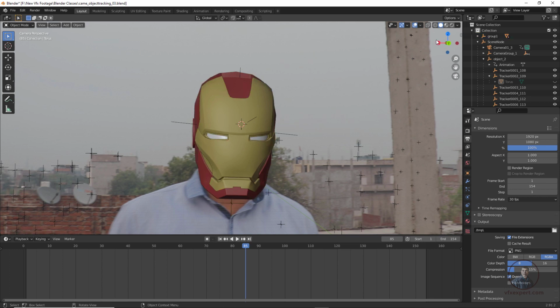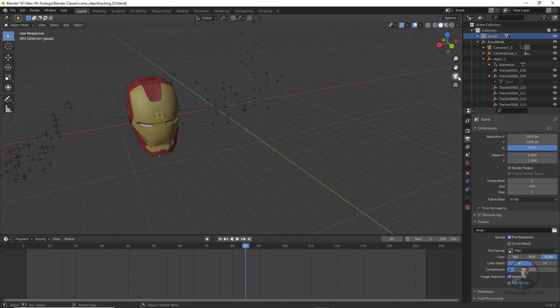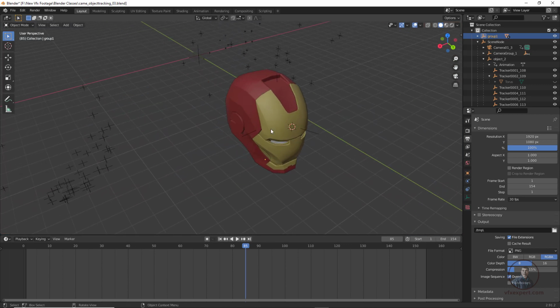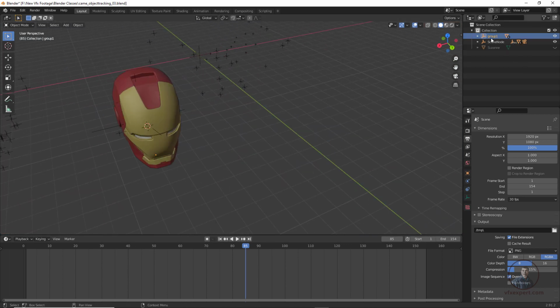Now remember this one: we have to connect our 3D model with the object's points here, and only then will it follow. So here again I have selected our 3D model. You can also select it from our perspective view. From here we can easily select. First select this 3D model, then hold Shift and select your points here. So now here I have selected these points in our object motion group, remember this one. Then press Ctrl P. Then select the Object option here.